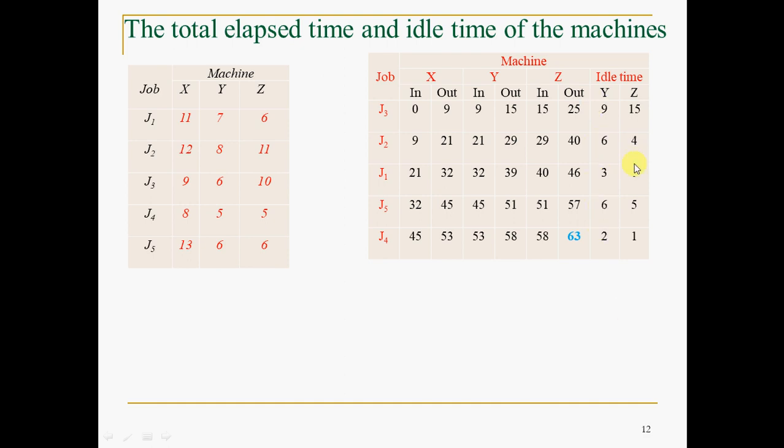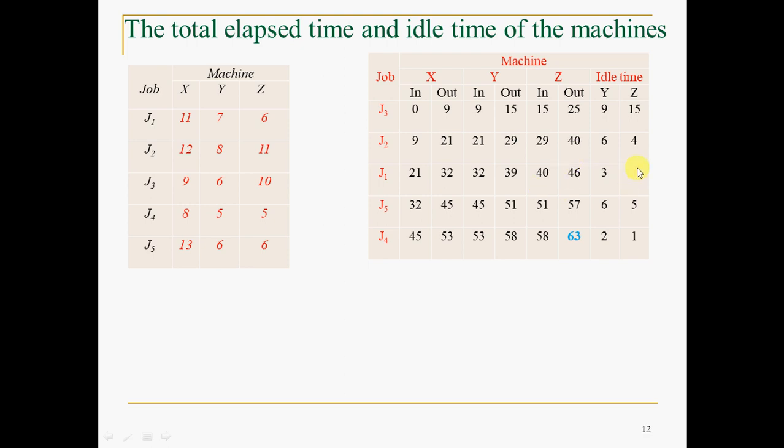Then similarly Z, first it will be 15 minutes waiting until it gets the job from X and Y. This 4 is this gap, Z, in, out to in. This is 0, there is none. Okay, this one is 5, fine. Then this one is 1 minute or so. So here the machine is not waiting. Of course, the job is waiting, that is different here.